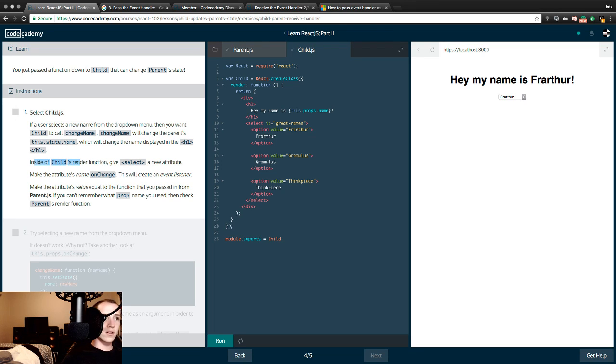Inside the child's render function, give select a new attribute. Make this attribute's name on change. This will create an event listener. Make the attribute's value equal to the function you passed in from parent.js. If you can't remember what prop name you used, then check parent's render function. Alright, so we're going to select